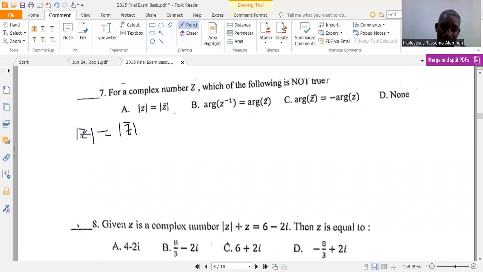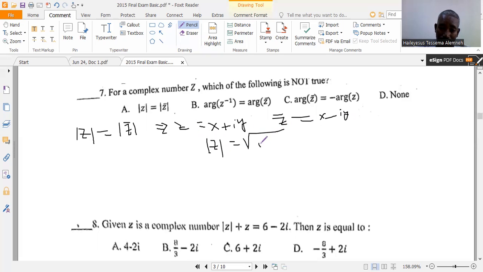Which means that if z is x plus iy, then the conjugate is x minus iy. So what is the modulus of z and z conjugate? The modulus of z is equal to the square root of x squared plus y squared, which is the same as the modulus of z conjugate. The other one